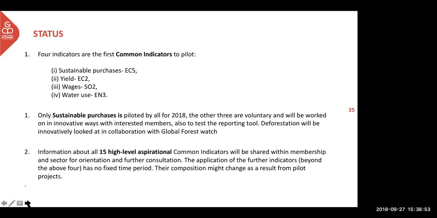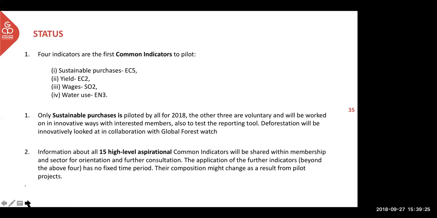Then there are other areas that are also being encouraged, and again, we are trying to look at innovative ways of doing this so that, like Daniele has just shown, the cost of doing this work in relation to the return that comes out of it is not overwhelming. So issues of yield, wages, and water use have been discussed as other areas to voluntarily test as members. And at the end of the day,